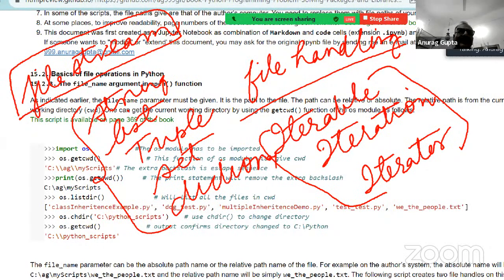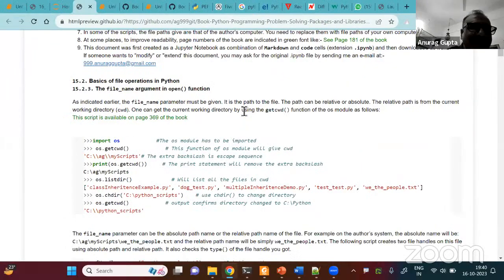That means if you create a file object, then it is possible to go over it one by one. I gave you an example yesterday where we did the read function.